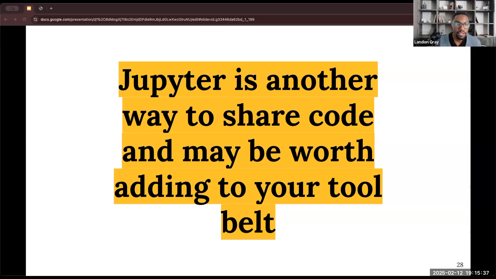Or really, maybe someone just wants to show someone else their code in an easily packaged up, digestible way. This is a great little way to share with someone and have them execute different cells in the notebook. So